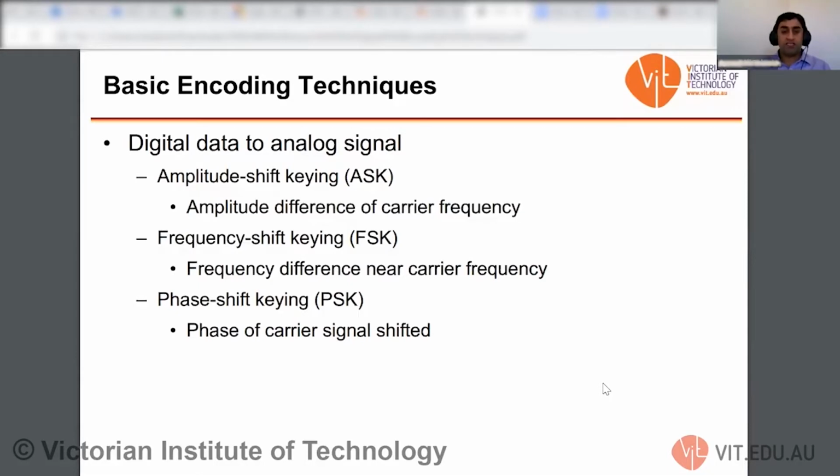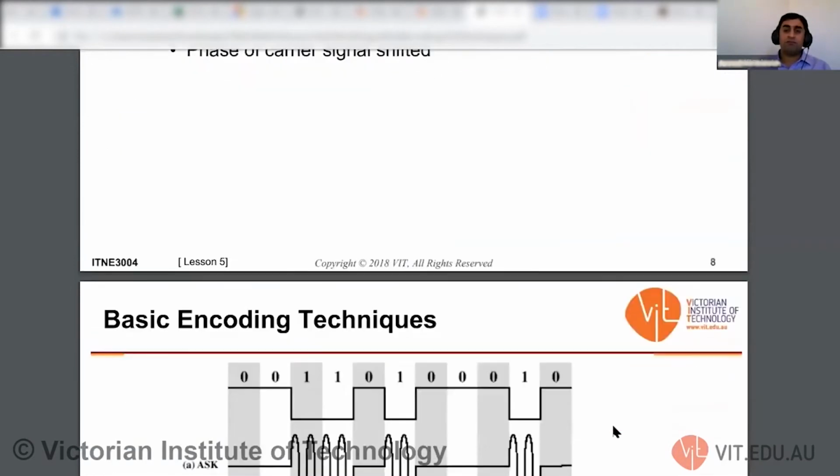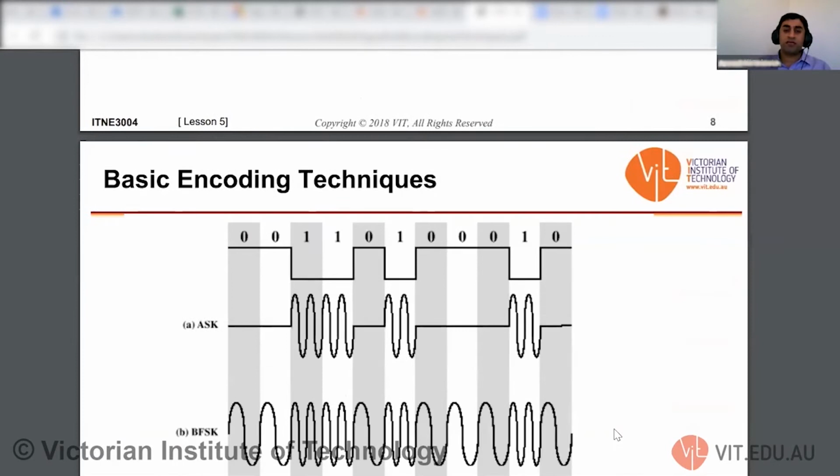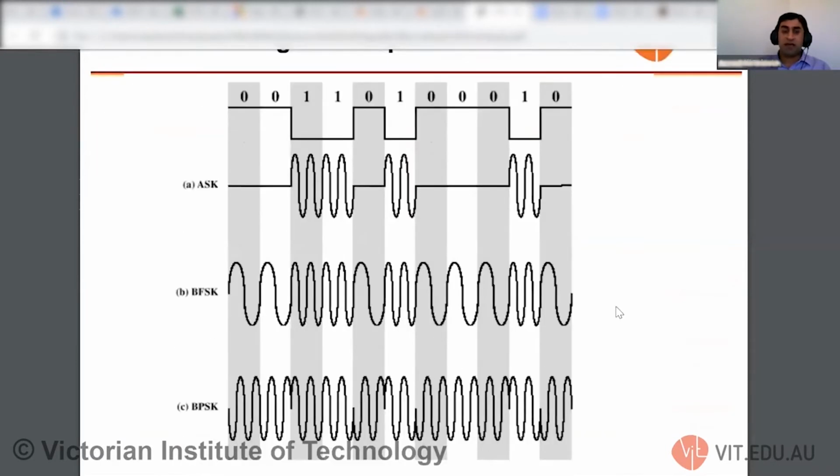Whereas in phase shift keying, the zeros and ones would be represented by a change in the phase of the signal. I'll show you an example, and once you understand this example,